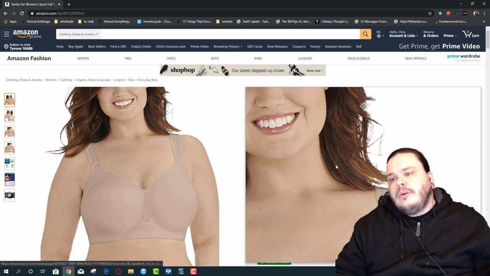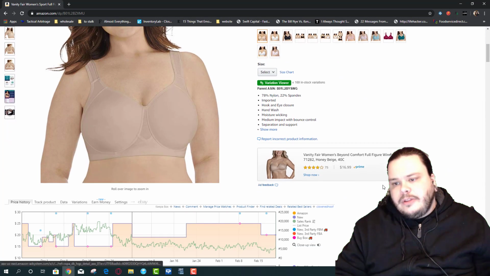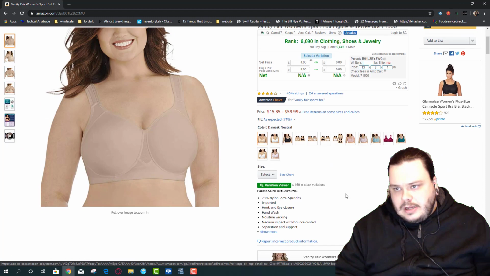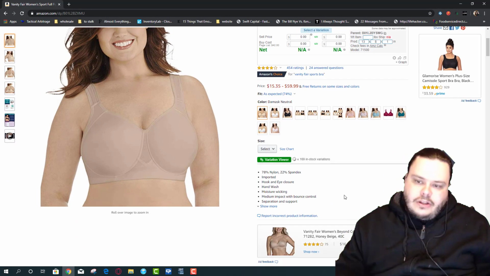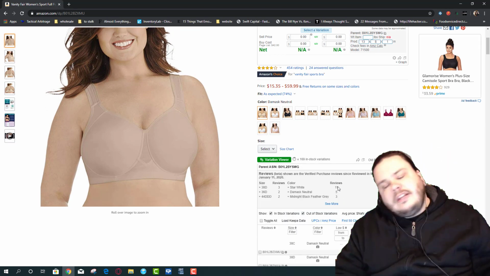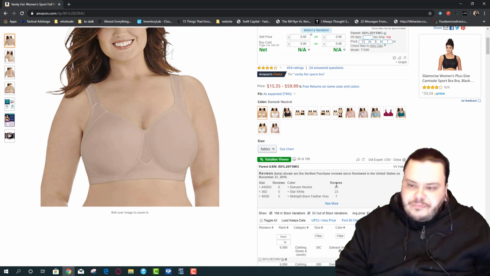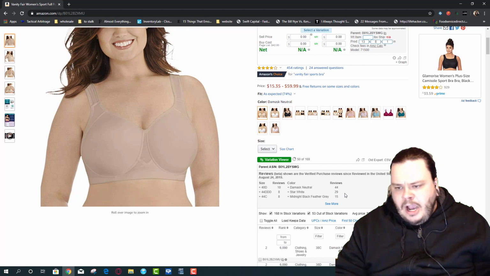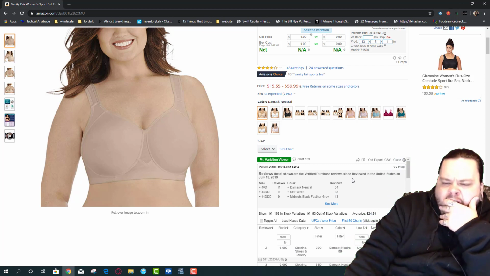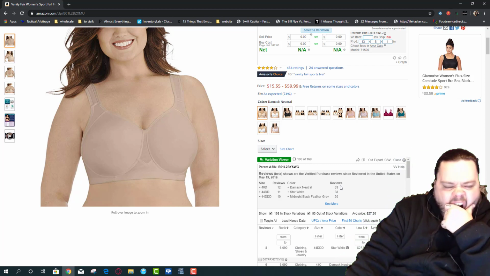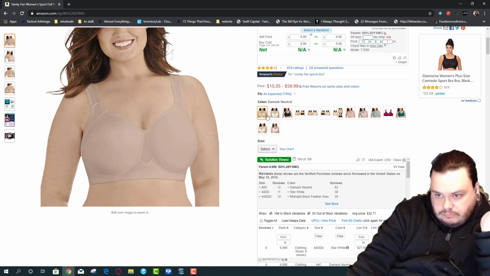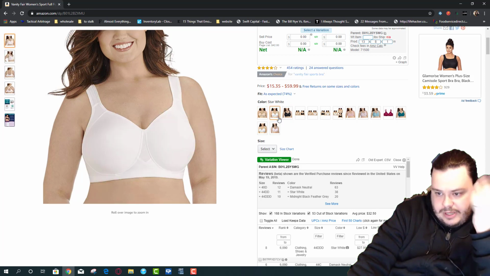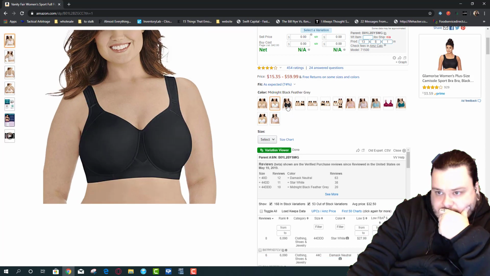Okay, definitely wanted to do a bra here. Great rank in clothing and jewelry. So if I scan this, I'd be looking at the variation viewer. You can also do this in Scoutify. Okay, so it seems like Damask Natural, Star White, Black Feather Gray.